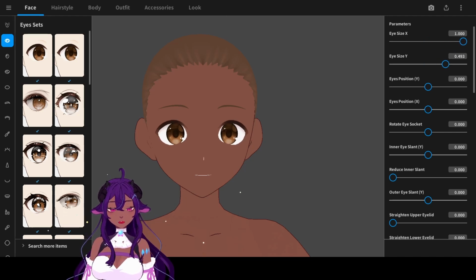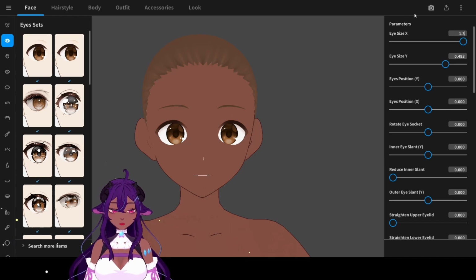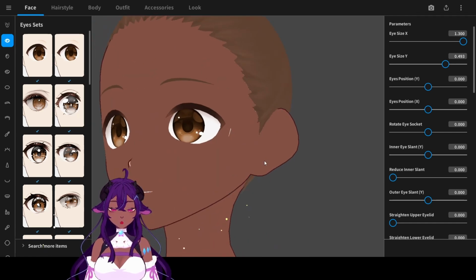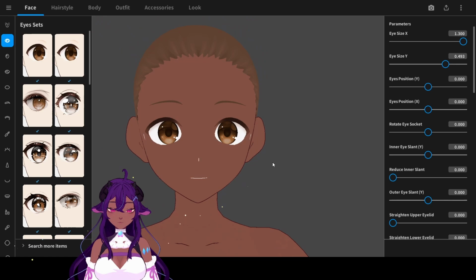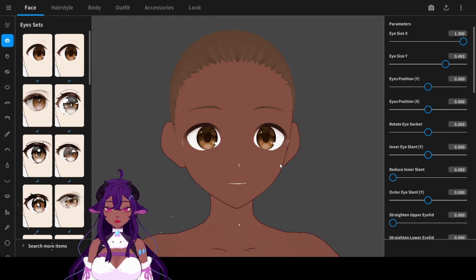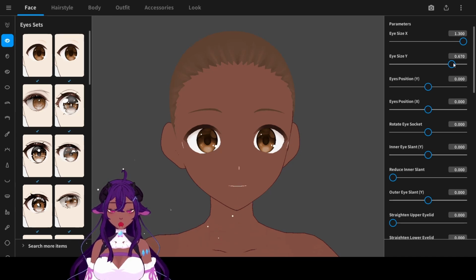By the way, you are not limited by this parameter, even though it says 1, aka the fullest extent of editing you can do for that movement. You can type it in yourself. You don't have to follow what it says. It will kind of break it, as you can see this little bit of white peeking out right there, but it's fine because it'll usually be hidden by the hair of your model if your model doesn't have her hair up. If it does, I'm so sorry, you might not be able to do this, but